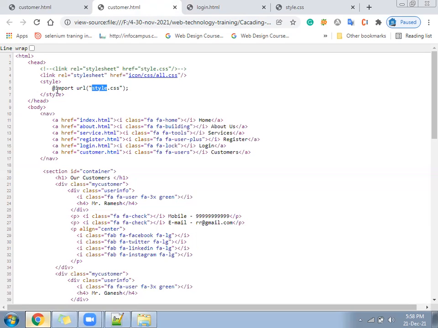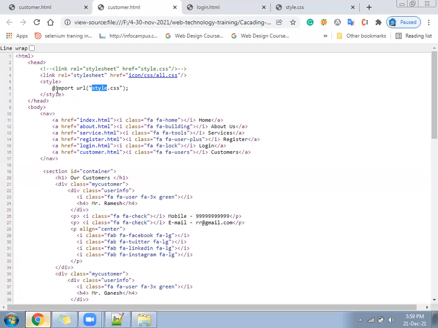So that is called what? Import CSS. In Angular and React, when we do development, we use import CSS, and when we give the file for production, it is converted into the link method. When we create the build to deploy on the server, import will not be there; import will convert into link.